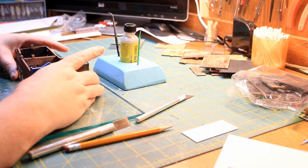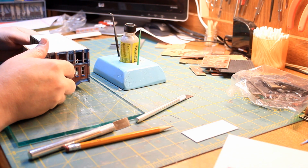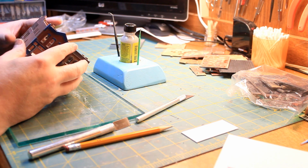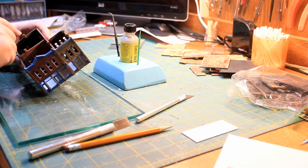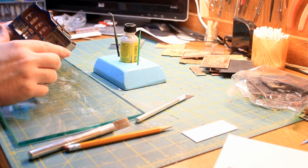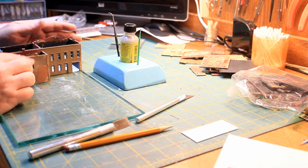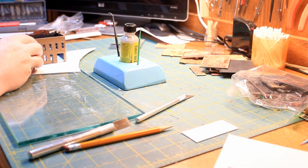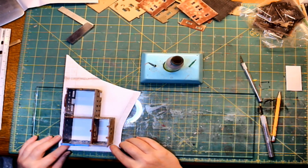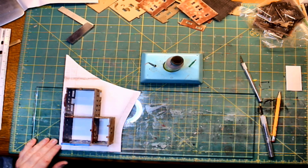Alright, so this is the building. Now it's all done as far as the basic structure of it. We have a floor, we have all the walls, and the building has been divided up. Okay, so we have 1, 2, 3 buildings all in one basic structure. And we've already checked, and it fits on our layout, right? So this is where it's going to go, and it fits right into place. Okay, and that's all we need